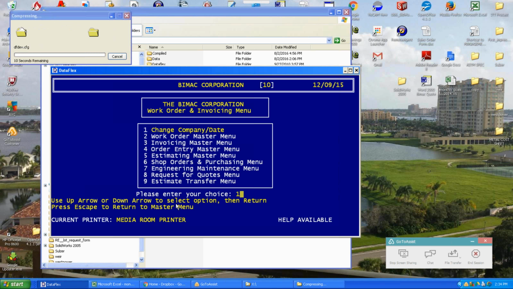And they used to be in this BIMAC thing? Yes. She would run checks from here. I'm pointing at my screen, you can't see me. But yes, she would run checks from the DataFlex. That's what we call it, DataFlex. She would run checks, and